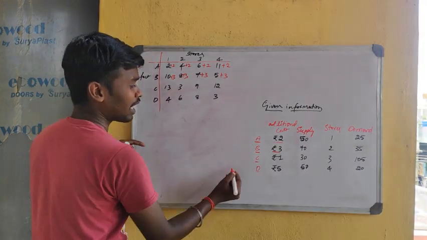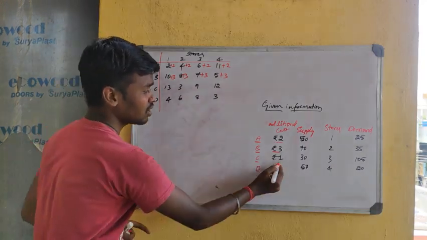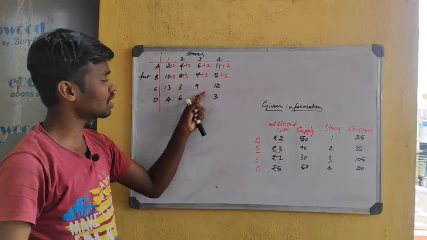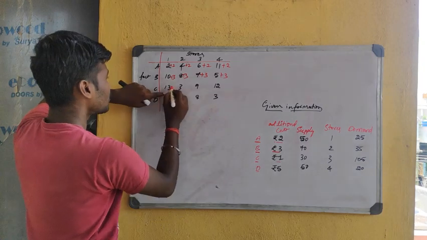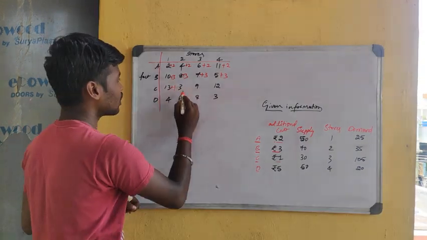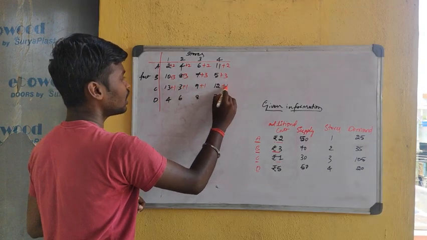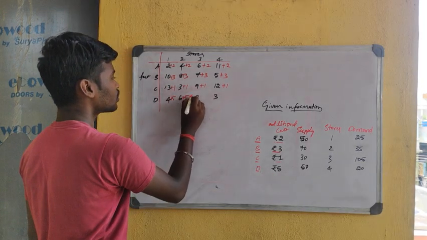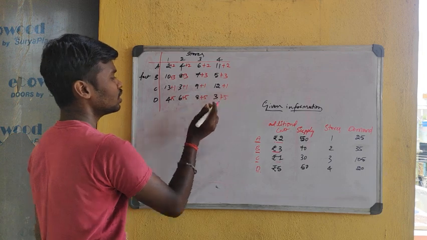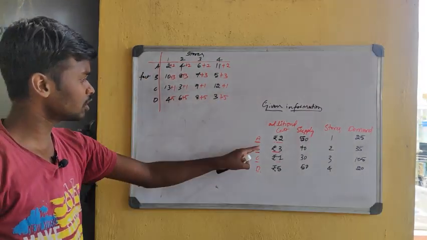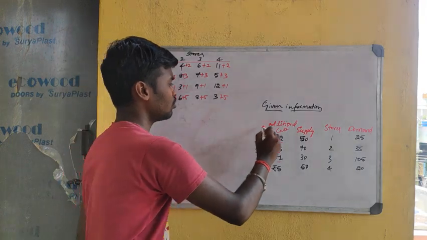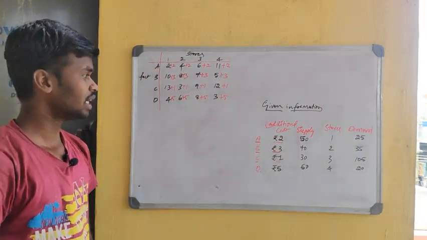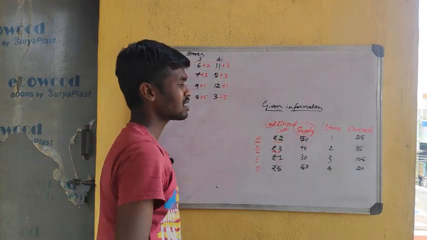Okay, so for factory C, what is the additional cost for a single unit? Rupees 1. How many unit costs are given? 4 unit costs are given. So an additional cost of 1 rupee is going to be incurred: 1 rupee, 1 rupee and 1 rupee. So for factory D, rupees 5, rupees 5, rupees 5 and rupees 5. So this is the logic. So now we have applied the additional unit cost to this table. Next we have to apply the supply information.